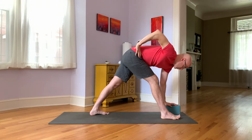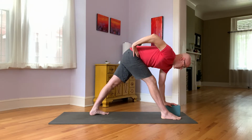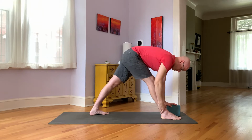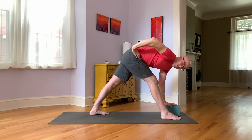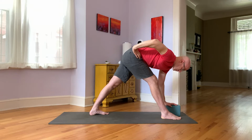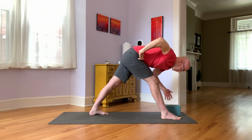Okay. And so you're going to press the big toe mound down, hip slides back. So now we're getting, for many of us, a dramatic leg stretch in the back of your right leg. Okay, now if you need the support for this, you can keep your left hand on the block, you keep it where it is. If it's available though, if you can balance on just your feet,